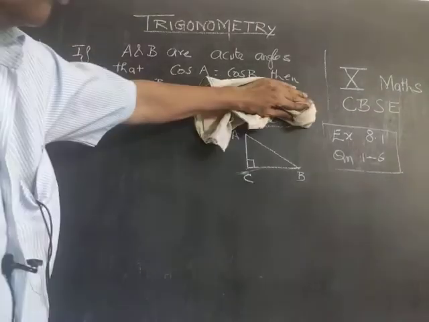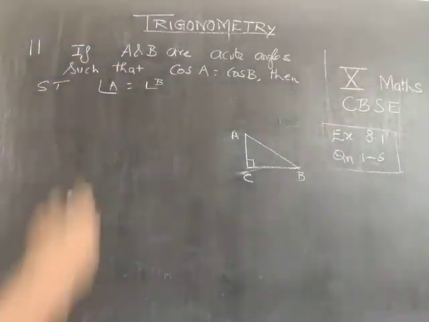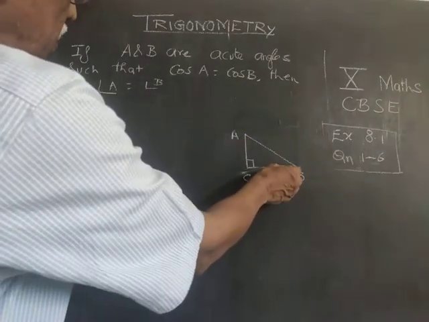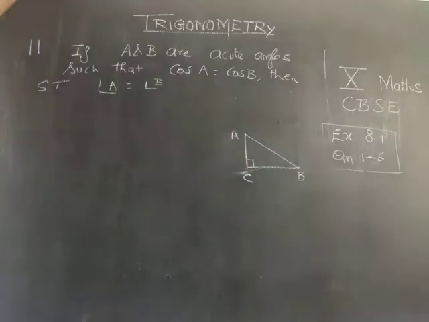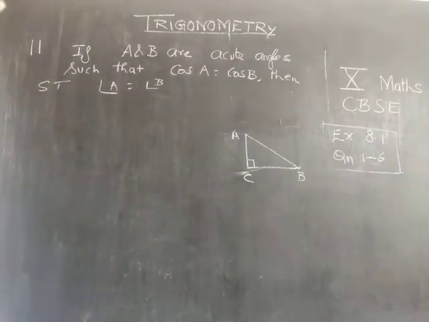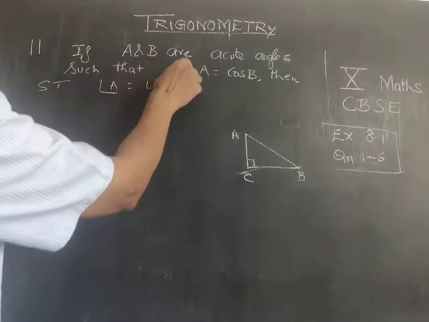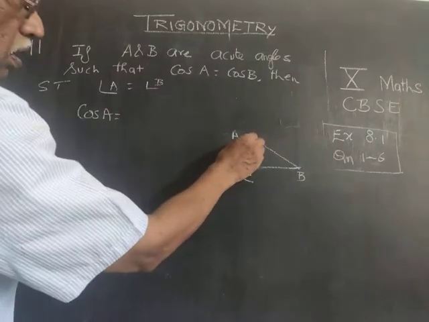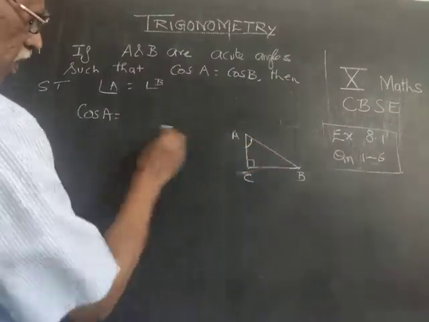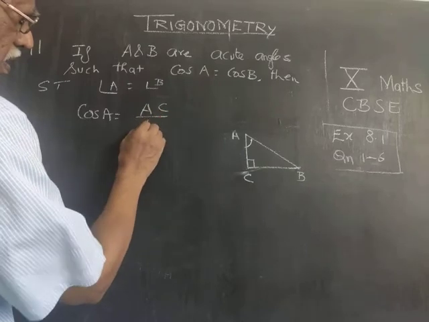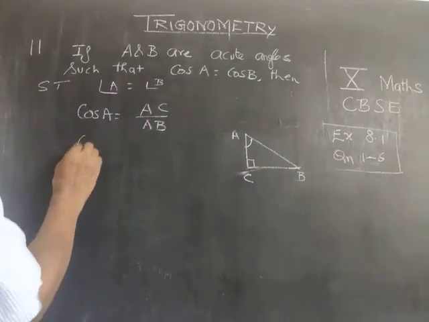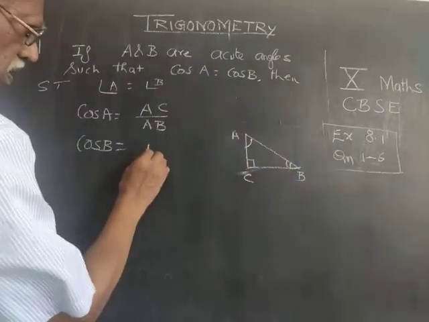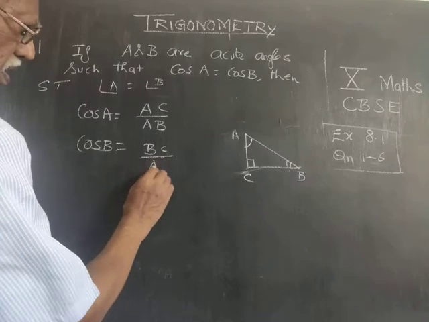Okay. Now here it is the same triangle, A and B. So that means it must be the same triangle. You are given that cos A equal to cos B. You are asked to prove yes, A equal to B. Is it alright? What is cos A? Cos A is given, isn't it? Let us find what is cos A here in this figure. Cos A equal to adjacent by hypotenuse. That is AC by AB. What is cos B? Again adjacent by hypotenuse for this angle, that is BC by AB.